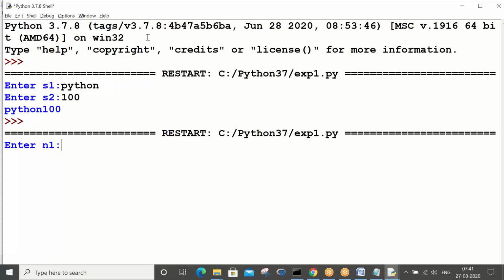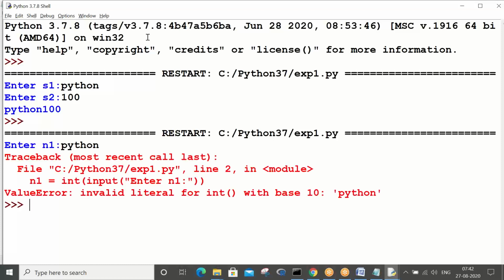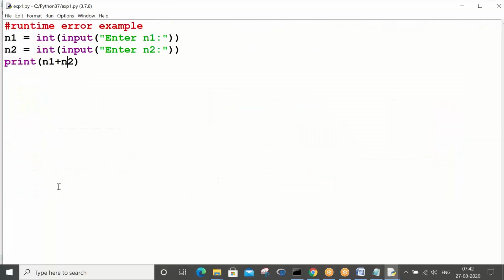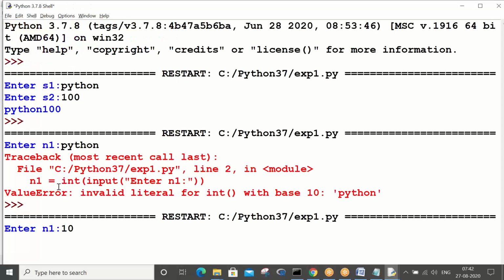Now, so the point is, I have not given a string addition. It is like a number addition. Now let me tell you. If I give Python, okay, what is the error it is telling? Value error. So what is that value error? See, basically, even though the error has come for N1, it has to show me N2, right? Or else let me make you understand in this way. First one, let me give 100.